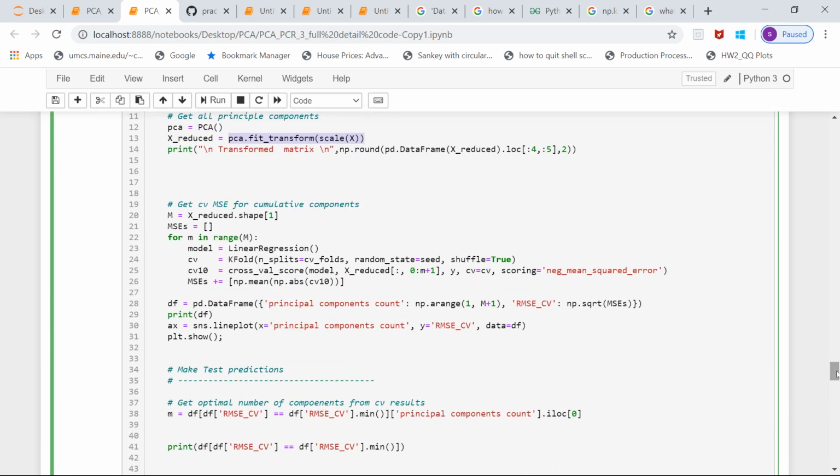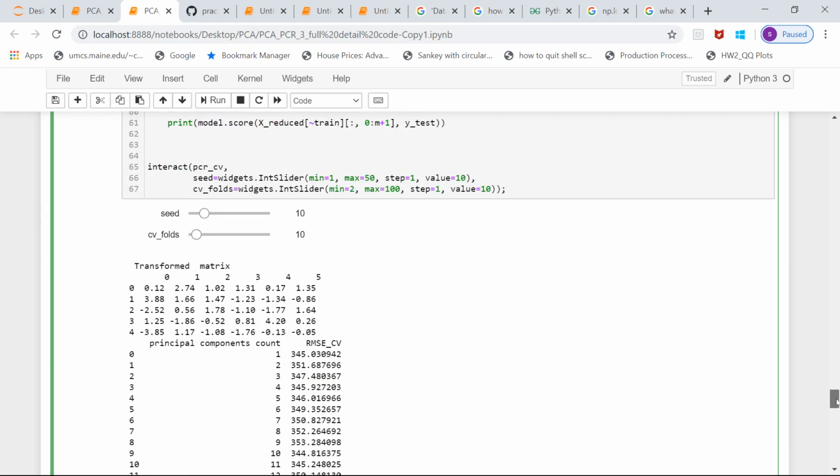Now we will pick the first principal component, carry out the linear regression and see what the mean square error is. Then we will pick the first 2 principal components, carry out the linear regression and calculate the mean square error. Similarly we will do it for all the 23 and see at what number of principal components we get the best mean square error.